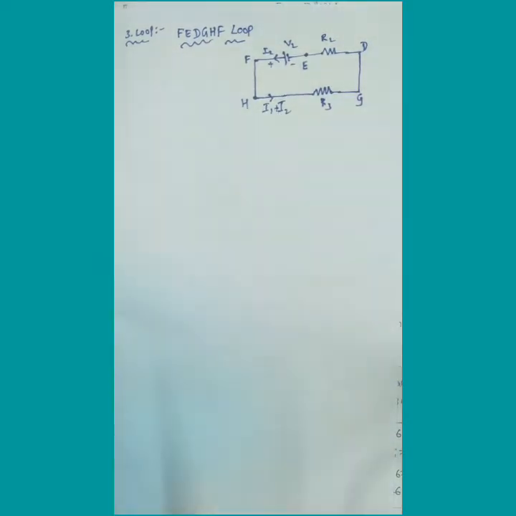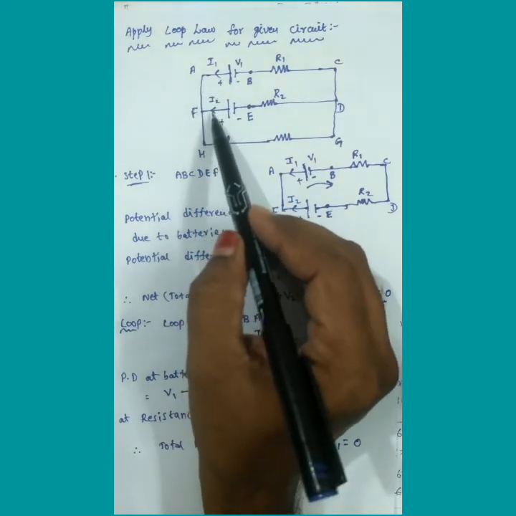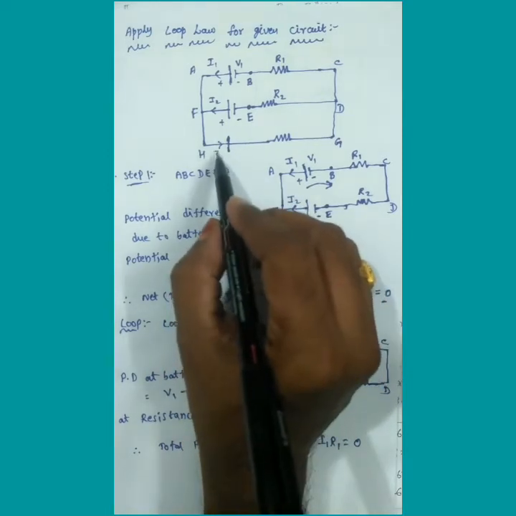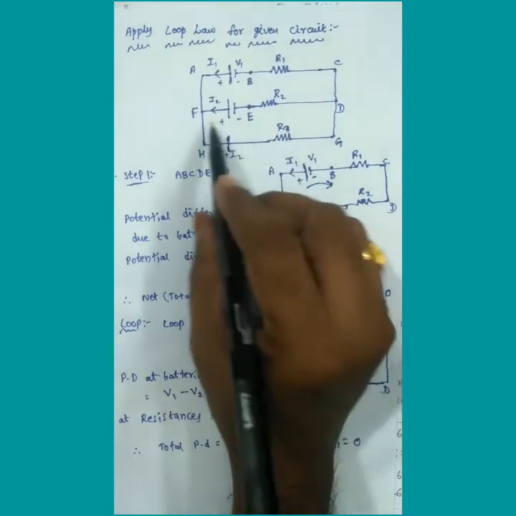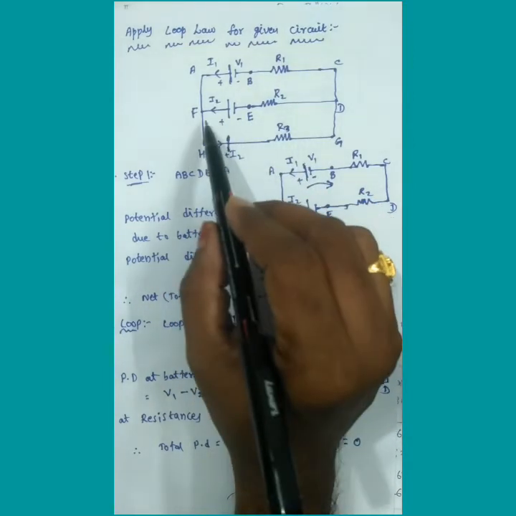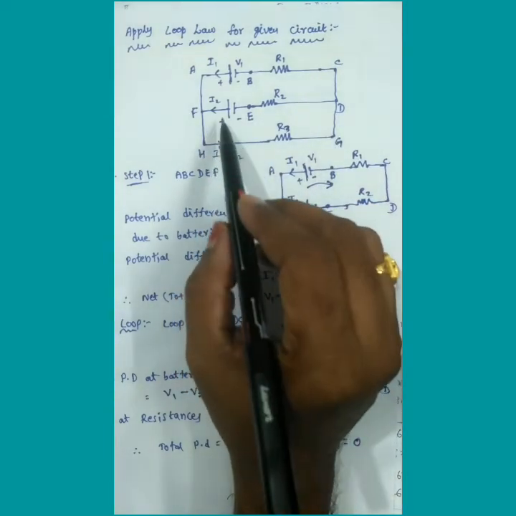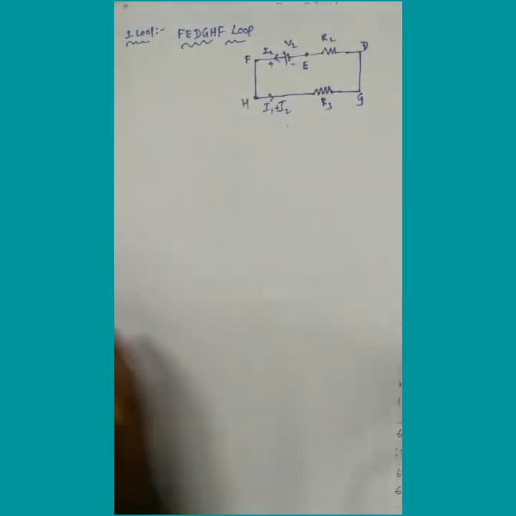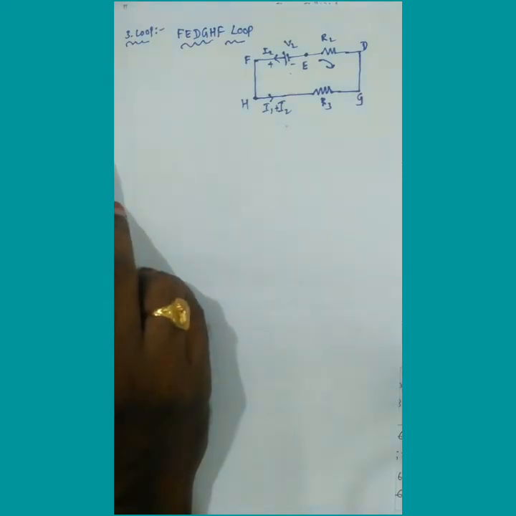Here I1 plus I2. Why I1 plus I2? Because the I1 current is coming here and I2, so the total current here is I1 plus I2, and the third resistor we are calling R3. Now we are taking the loop from F to E, E to D, D to G, G to H. Here also we are taking the loop in the opposite direction to the flow of the current, in this direction. That is also called the direction of action.